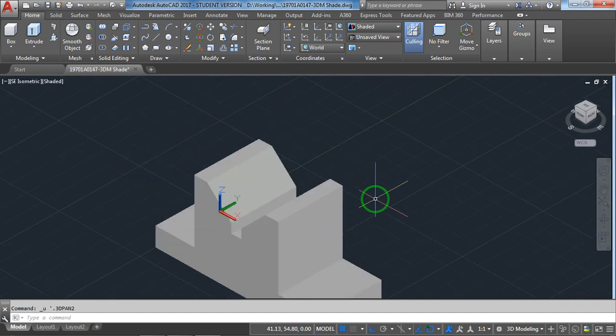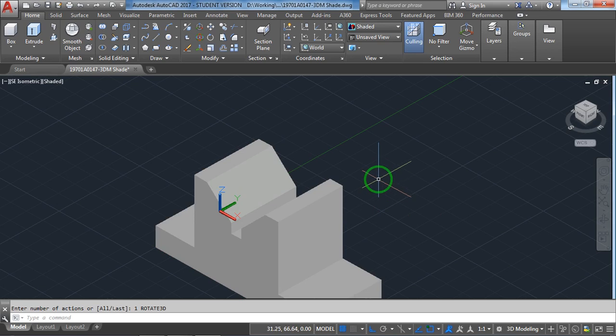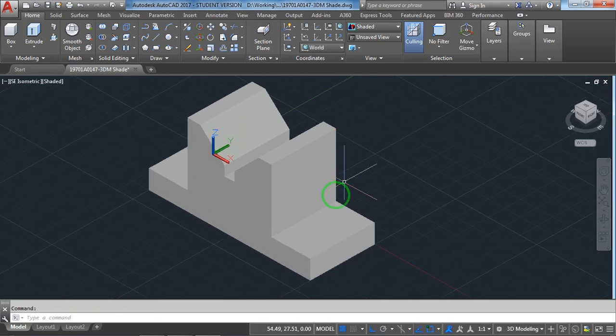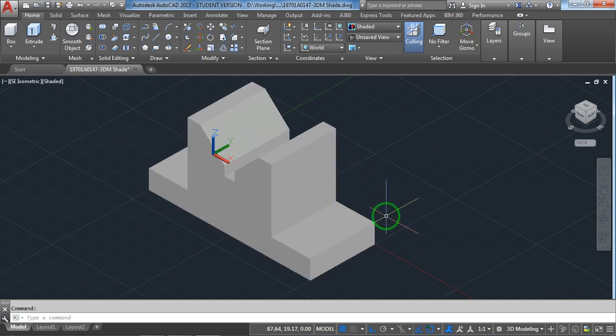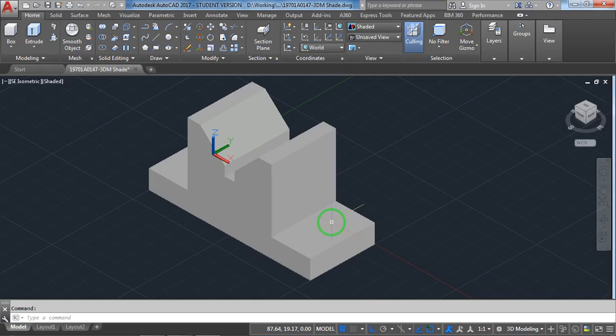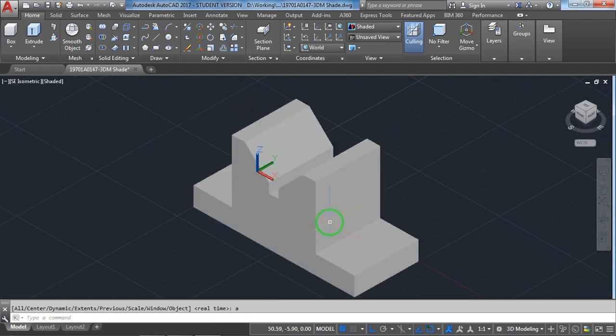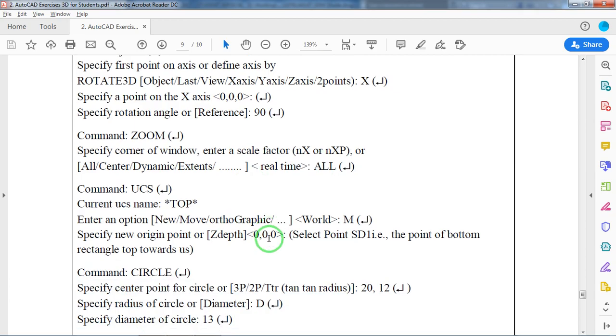Hope you all understand this particular point, the 90 degrees. You might have doubts, why can't we draw directly here? That also you can do. I just started here with XYZ like this, so I drew it and rotated it so that it will be easy to explore something. That's why I did. Now again, zoom all. Now you can see the three-dimensional object, but we are supposed to form some holes. That is very important here.